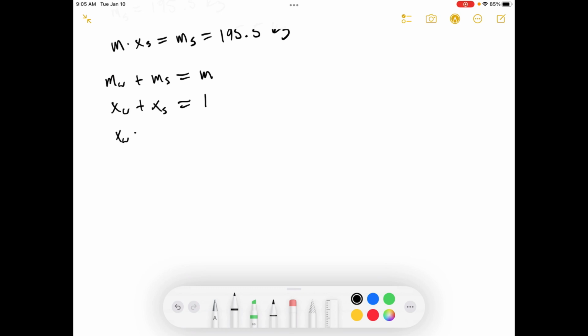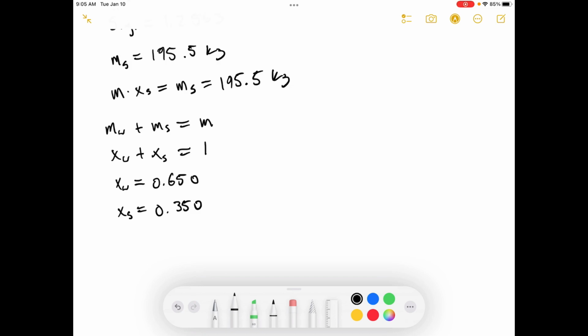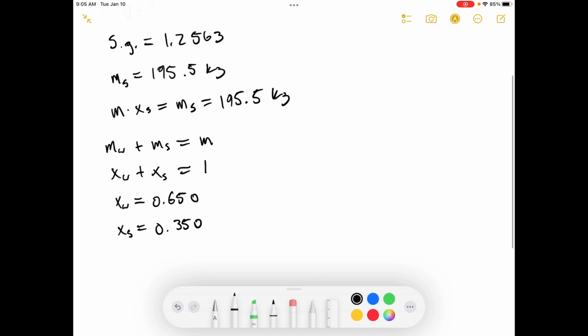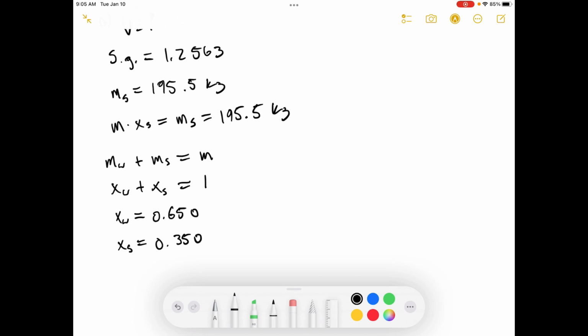Therefore, we know that the mass fraction of the water is 0.65, and we know that the mass fraction of the sulfuric acid is 0.35. Okay, so from all of this information, I think we can calculate what the total mass is because we know what the mass fraction is and we know what the mass of sulfuric acid is. So